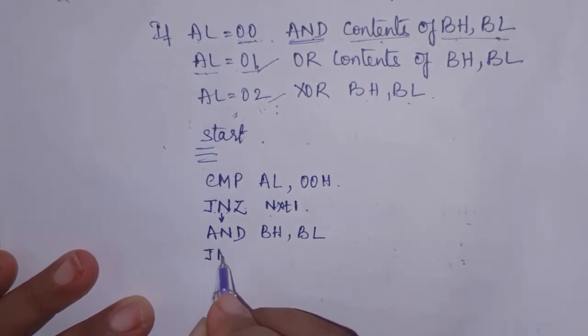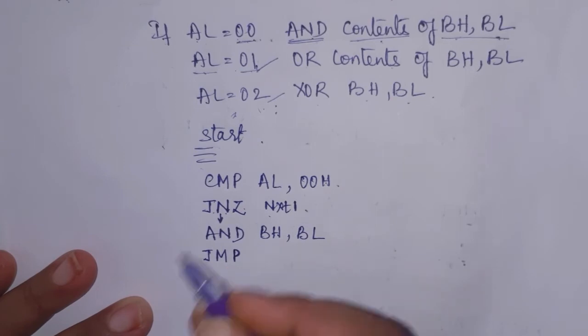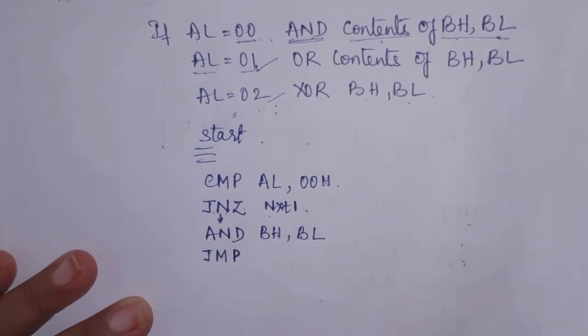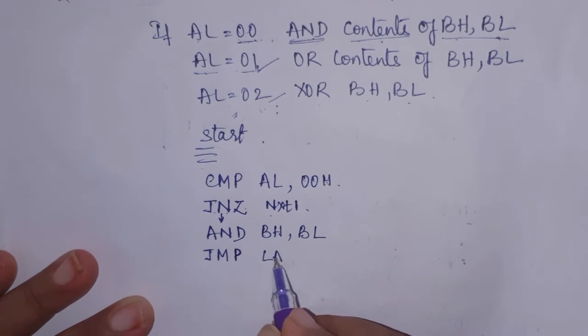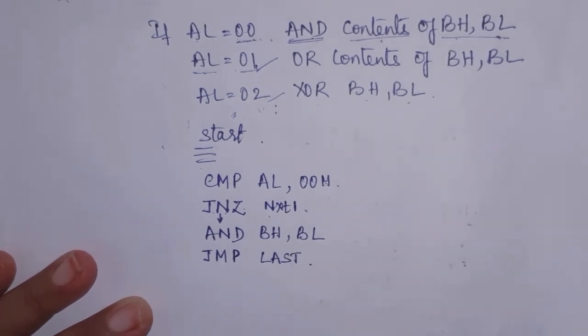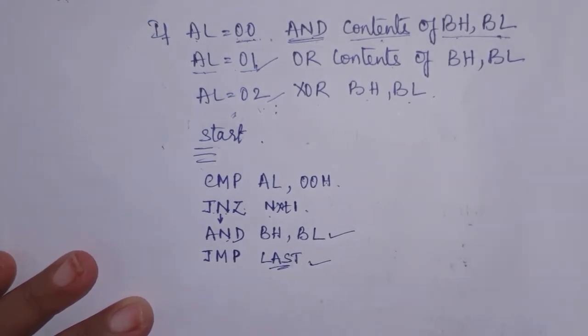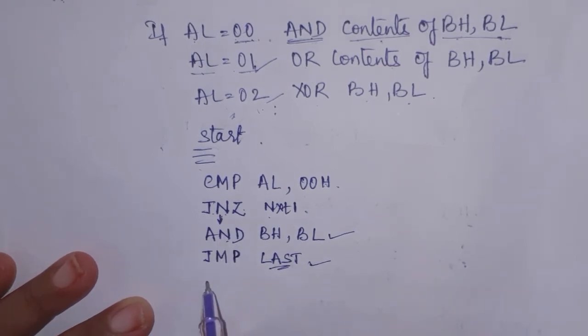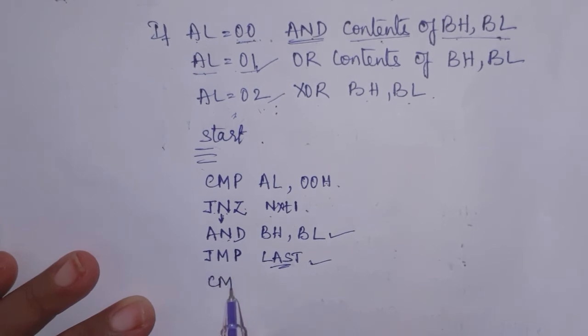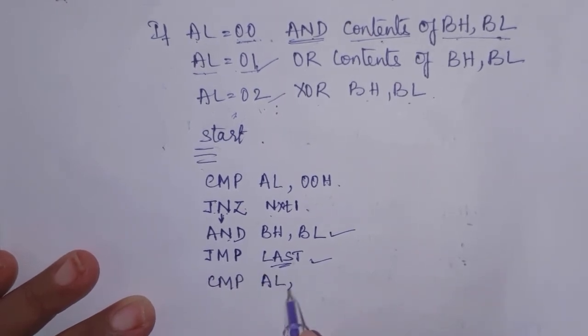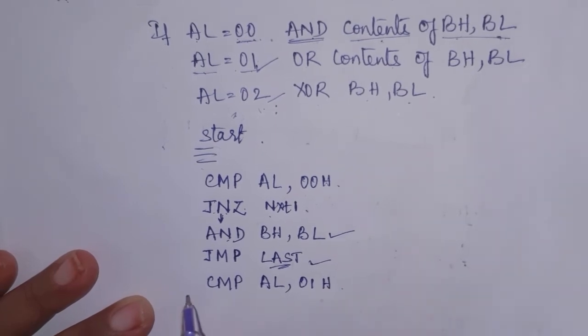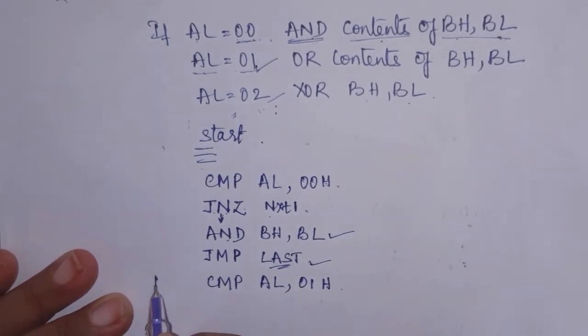So, how do you come out of this program? Jump to last. Let us see where to keep these labels. If it is equal, AND these contents and go to the end of the program. If it is not equal, then I have to verify whether it is equal to 1. So here compare AL with 1. Now here I can place the label next 1,